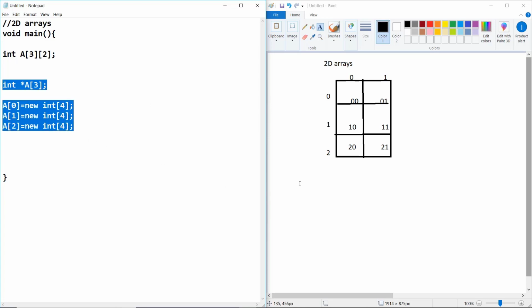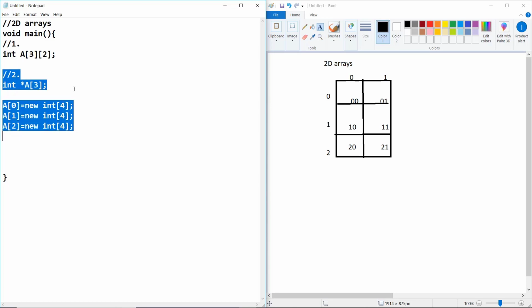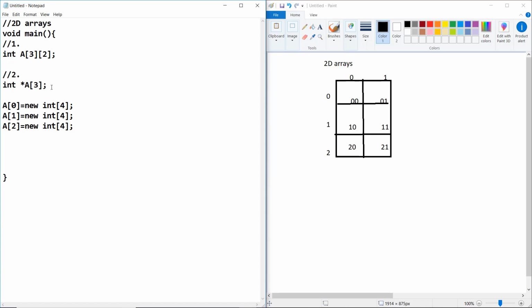Let's see how it is represented. This is your normal array which we defined, and this is the second form of declaring. This is the first part and this is the second part. Now let's focus on how it looks in memory so you can visualize it. Let's analyze this part: a pointer to an array of 3. Let me create capital A, and this is 3.